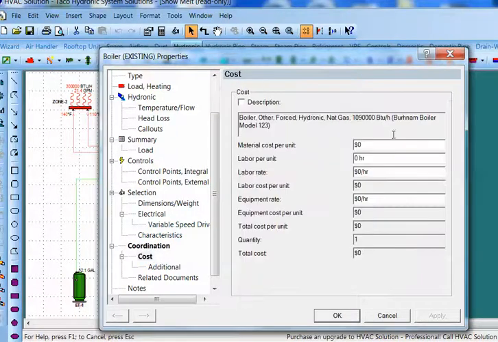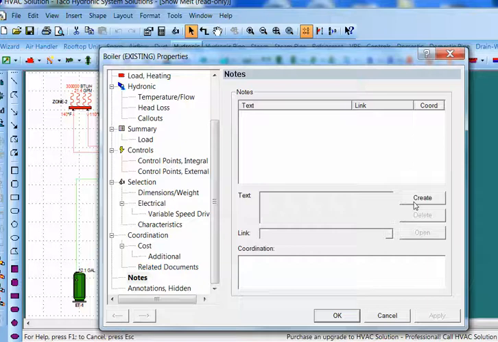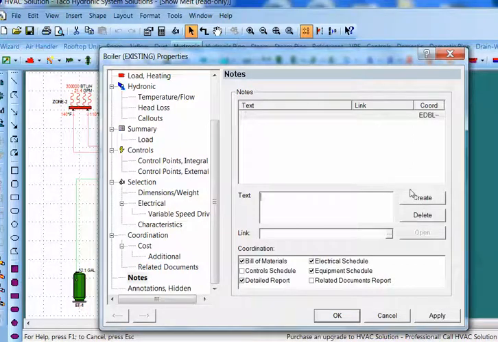I can add the cost of the boiler. Let's say it's $25,000. I can add the labor if I talk to a contractor on what it costs to install it. Hit apply, and then I can go to the Burnham website and copy a URL and add links to photos, the cut sheets, spec sheets, installation guides. Any digital information can be linked